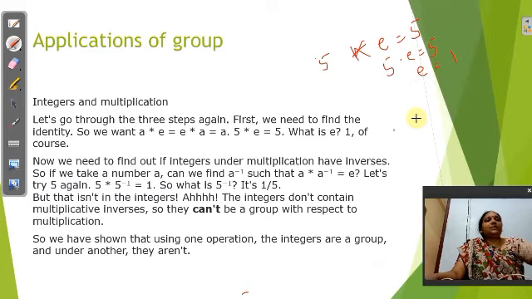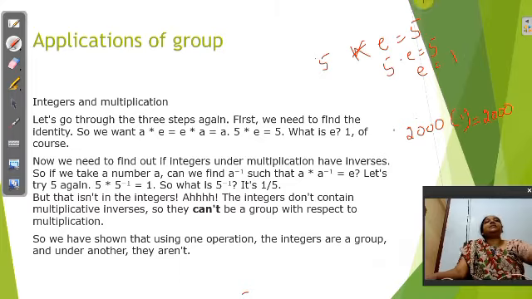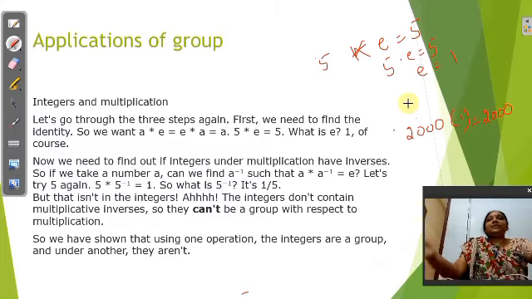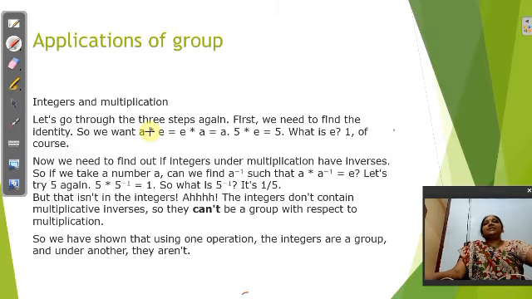For the next example, one student asked me, shall I take 2000? Yes, you may take 2000. 2000 into 1 is equal to again 2000. Here 1 is the identity element. Again I am getting the same element 2000 by multiplying with 1. So any element in the integer set multiplied by 1 gives the same element. So 1 is the identity element here, and the element 1 belongs to the integer set. So I can say that the integer set satisfies the identity property.